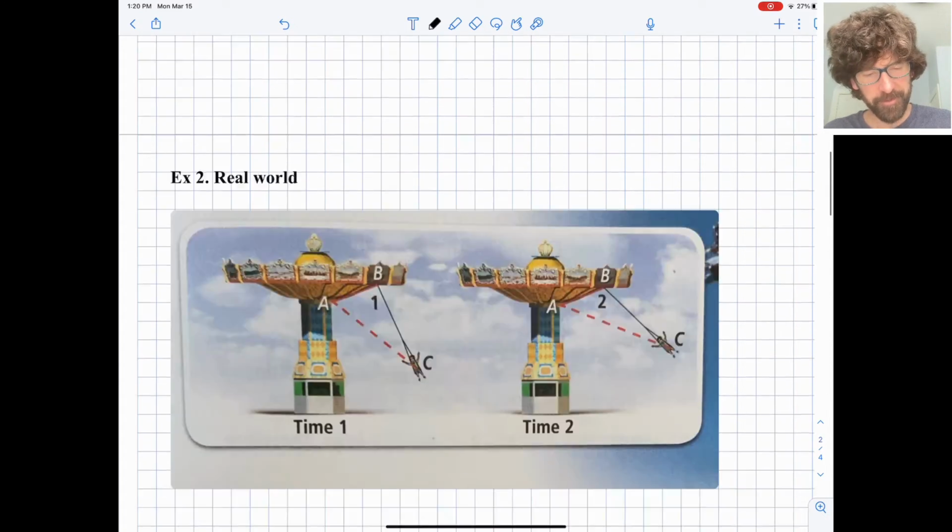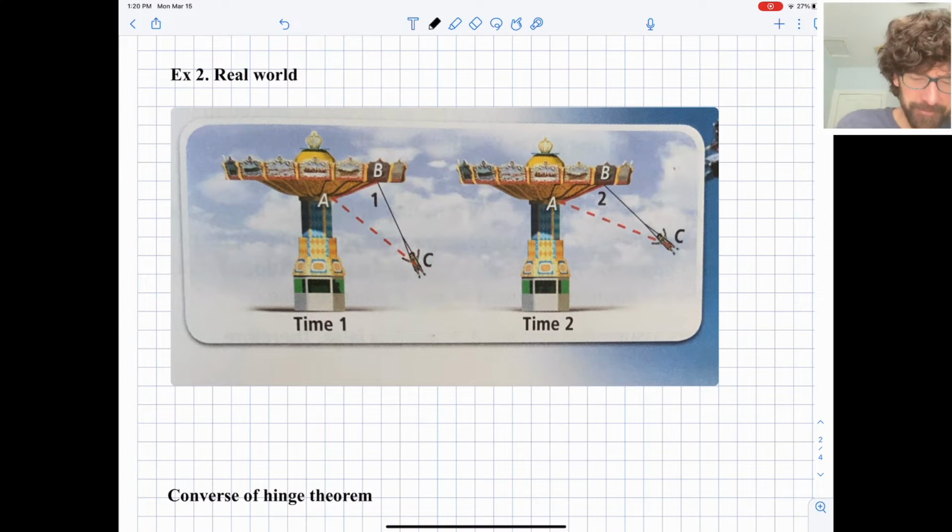There's an interesting real-world connection. This is maybe a little bit goofy, but super intuitive. But it's an interesting connection between what we just did and a real-world experience. So I hope you can imagine you're in an amusement park. You're on this hanging ride. You're sitting at point C, and the top of the rope going down to you is at point B. And then this ride spins around with the radius of spin being roughly point A. And we're just curious,